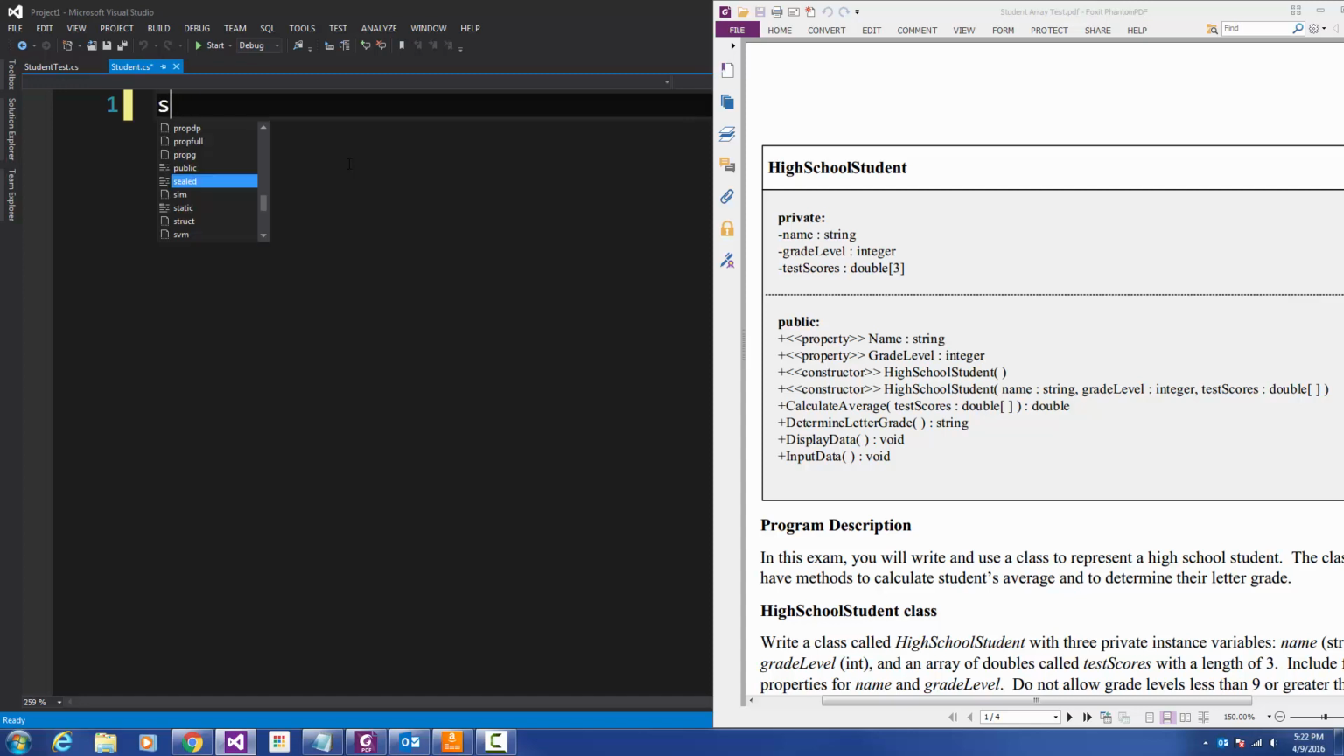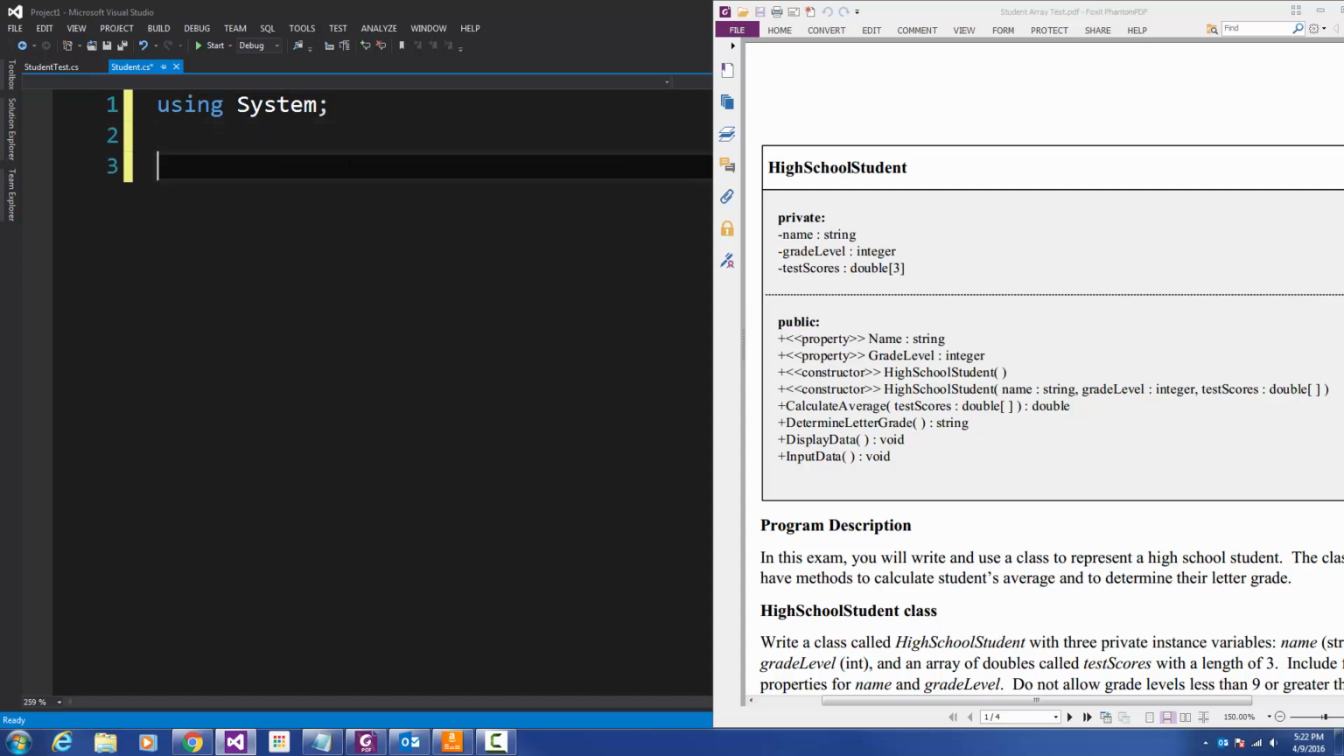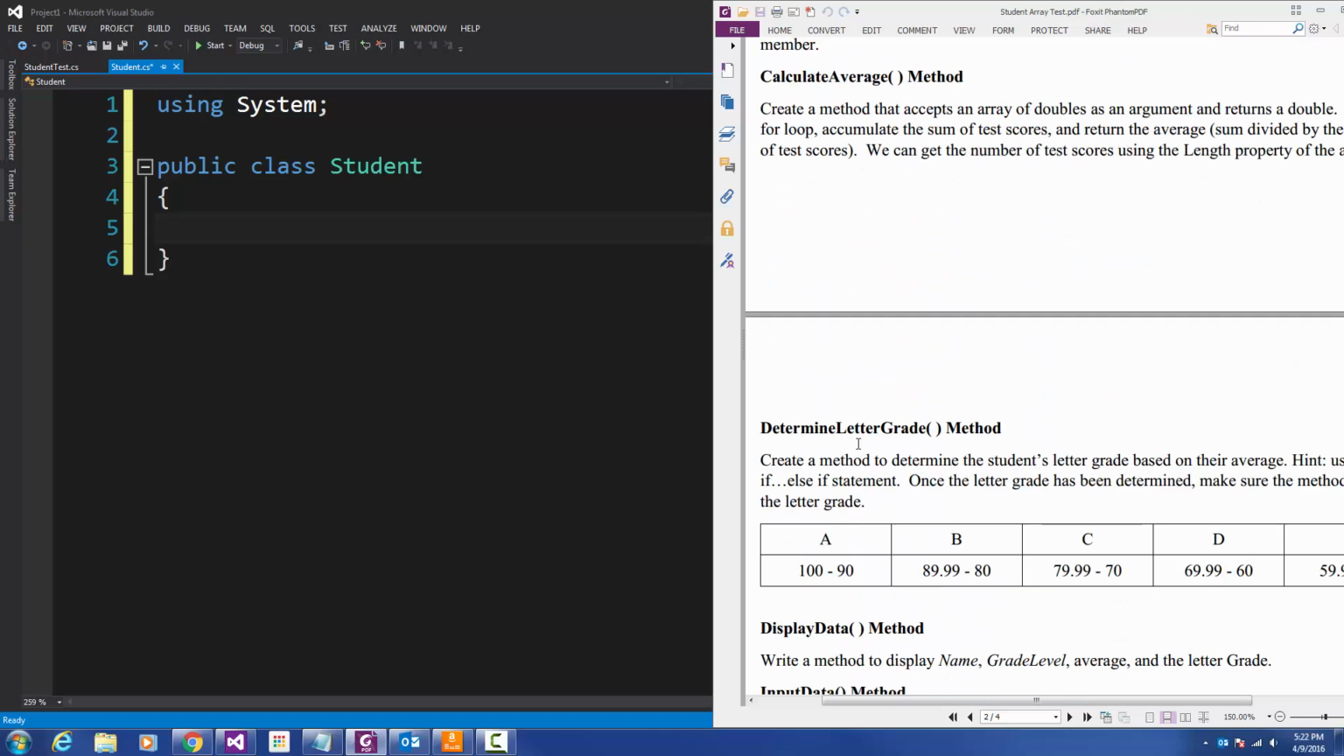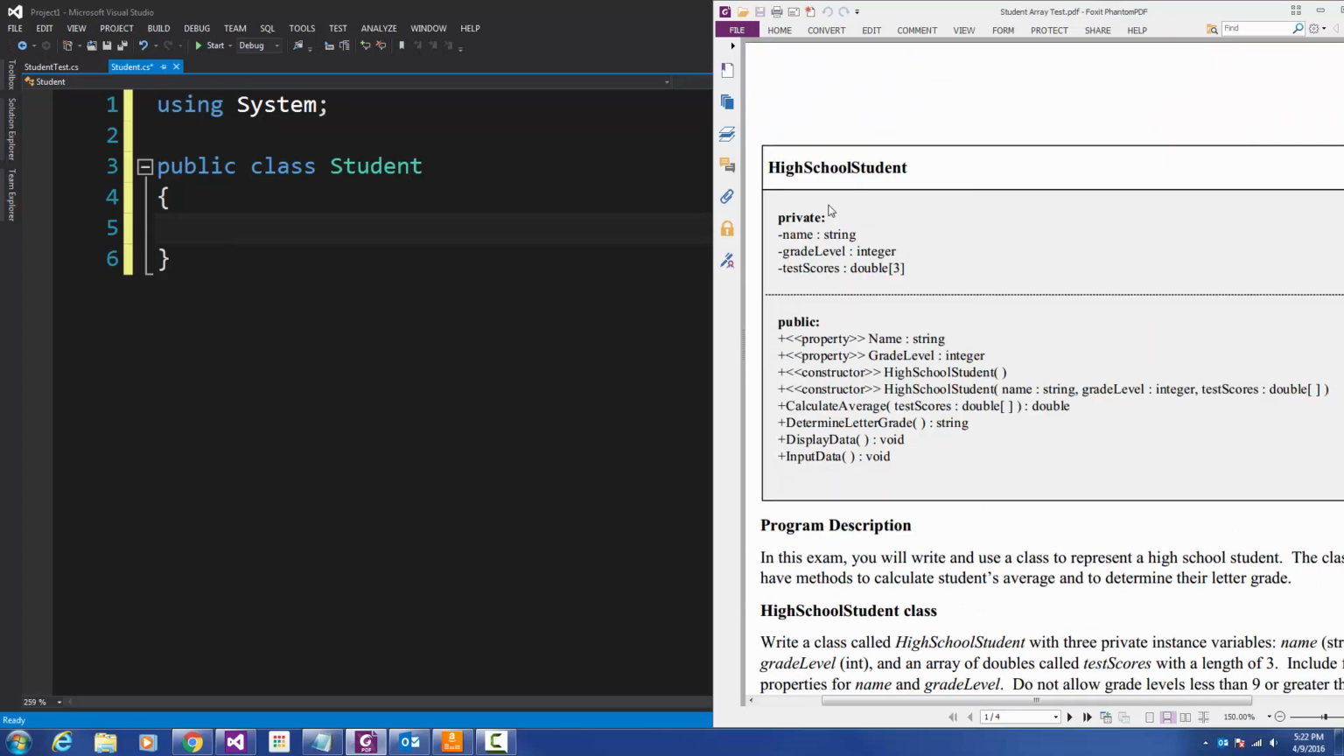Remember, using System, and then public class. I'm going to simplify this a little bit. I'm just going to call it Student. Okay. And before I even read any of this other stuff here, I can at least set up the information here